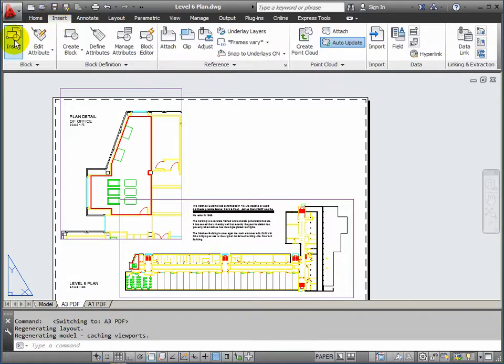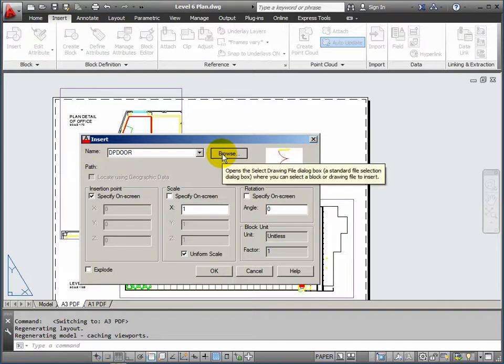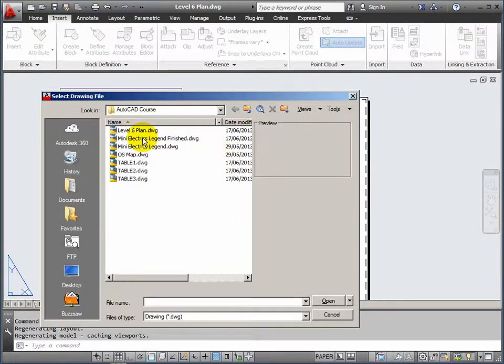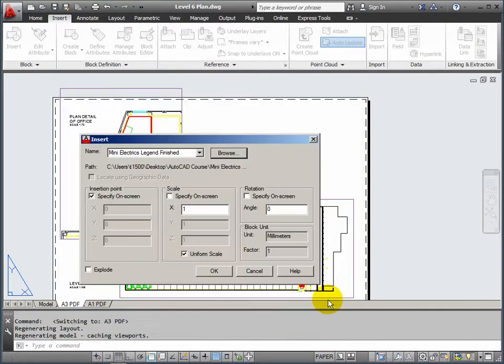Okay, so if we go to Insert, Insert, we want to browse because the legend sits outside this drawing. Mini Electrics Legend finished. Click Open. Now to bring it in at 1/20th of its size, what I do is I can just change this number. So if I put 0.05, that should come in 1/20th of its size. I've got a tick in uniform scale, so X and Y both adjust accordingly. Click OK,